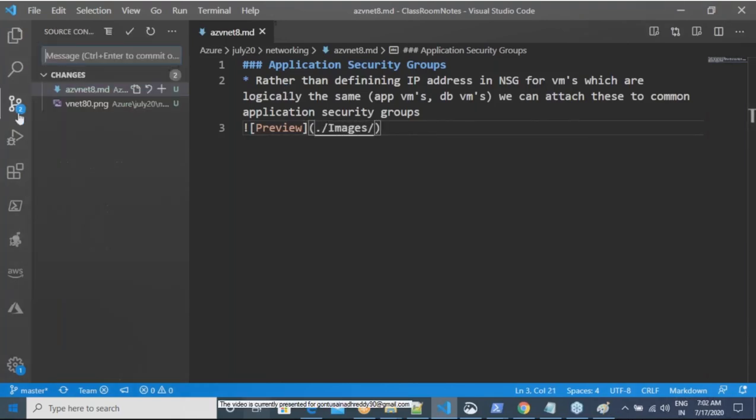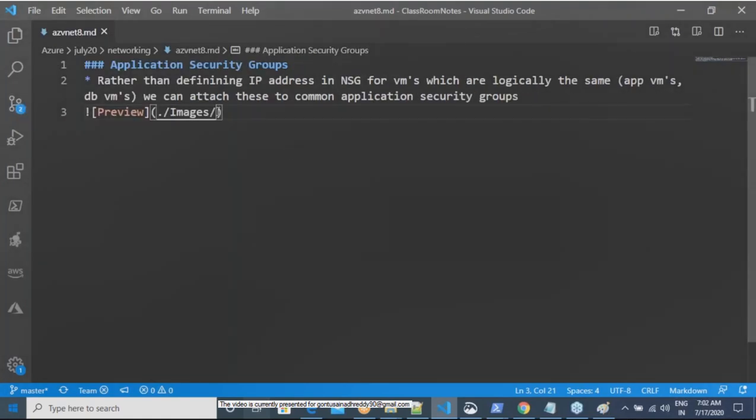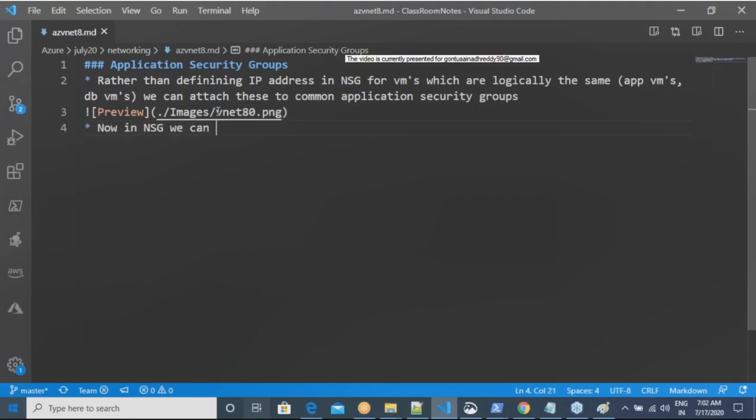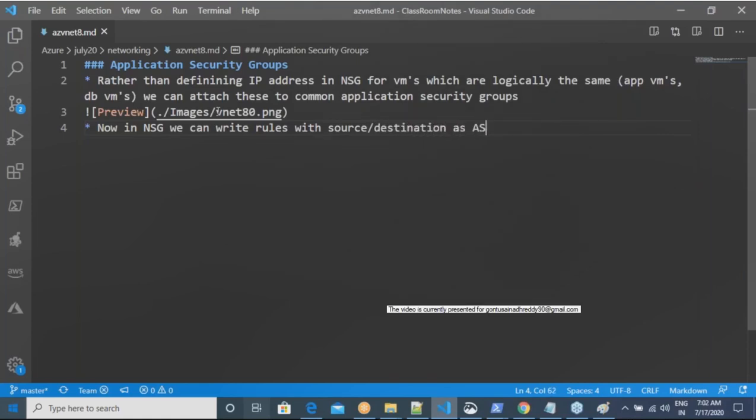And when we do that, now in NSG, we can write rules with source or destination as ASG, application security group.